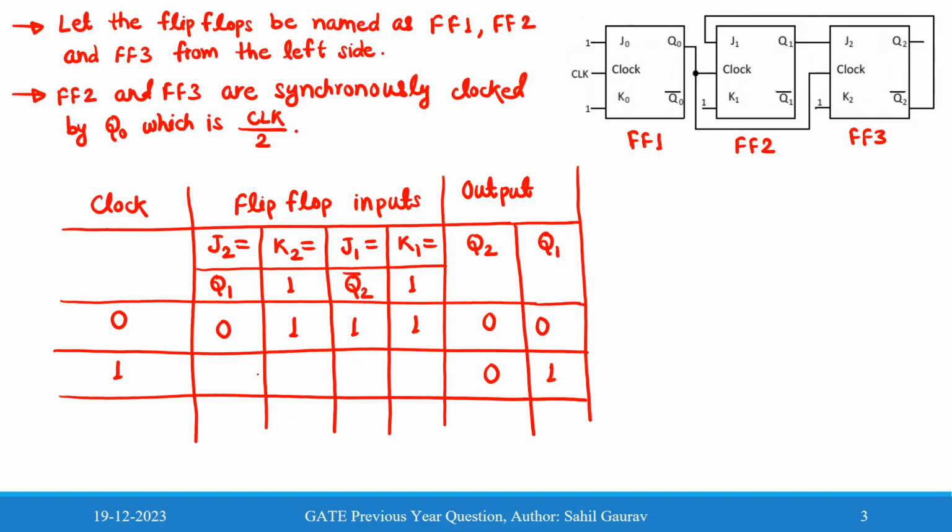Flip-flop inputs will be: J2 is equal to Q1, Q1 is 1, K2 is always 1, J1 is equal to Q2 bar, Q2 is 0, so Q2 bar will be 1, K1 is equal to 1. Now when we give the second clock pulse,